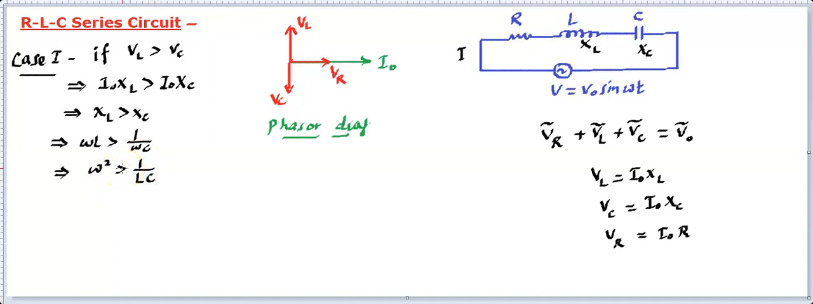Now we define a number, 1 upon under root LC, let me write over here. We will be learning some time later the LC oscillation. So whenever the LC circuit oscillates, then you find 1 upon under root LC. This comes out to be